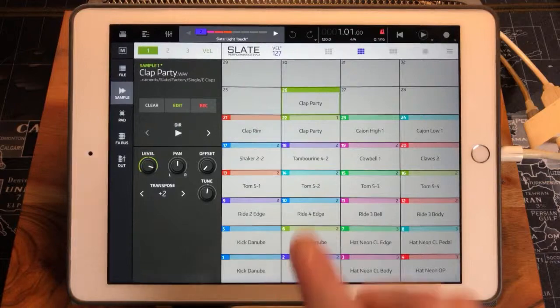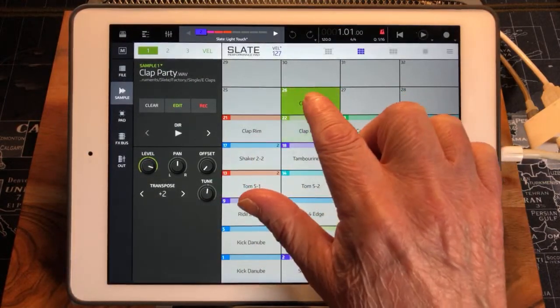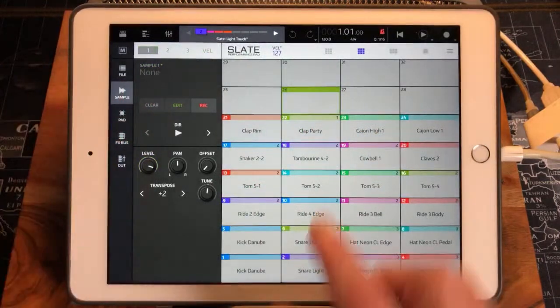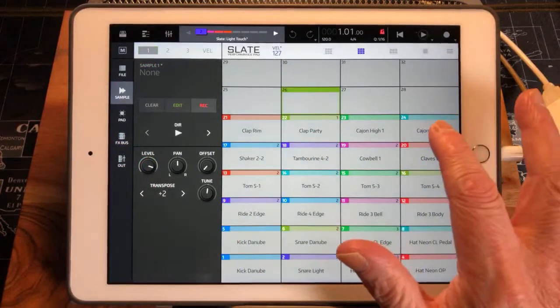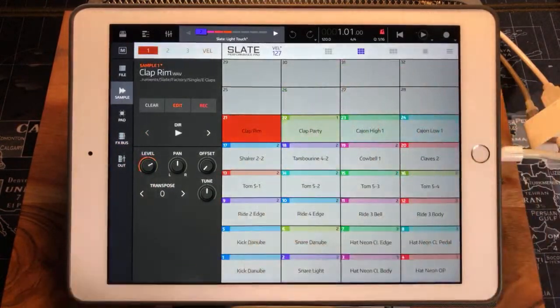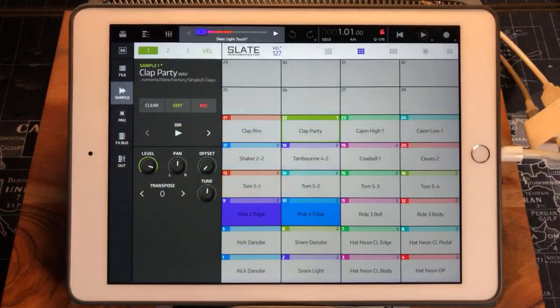Now, I will show you something else, right? For instance, if I try to clear this now, if we hit clear on the sample, we can get rid of any sample on any kit just by hitting clear. If we want to put a different sample inside a slot,